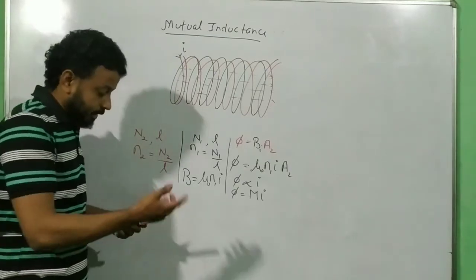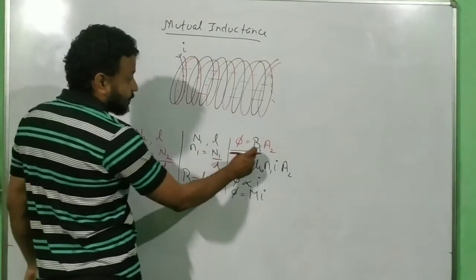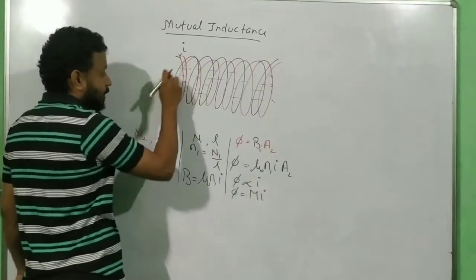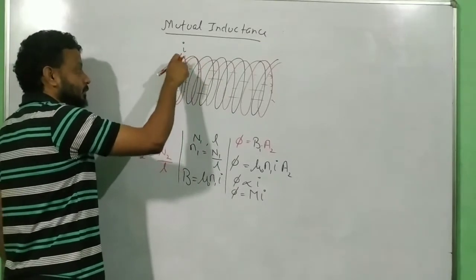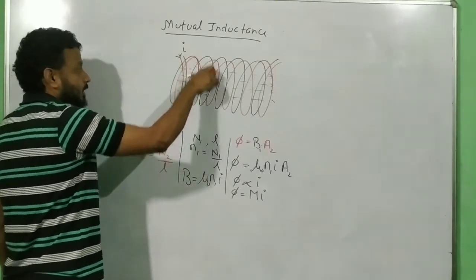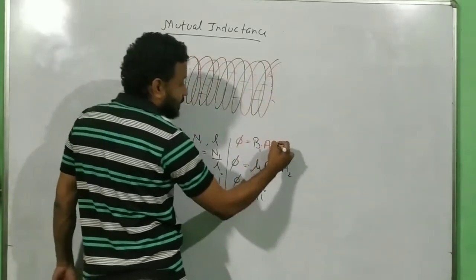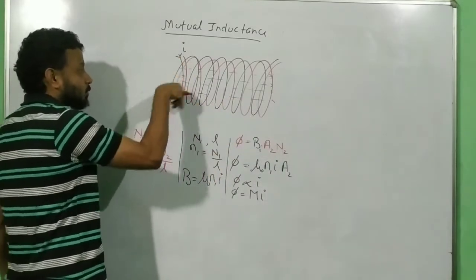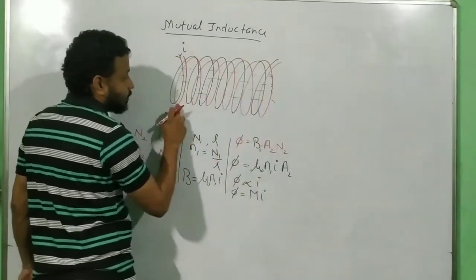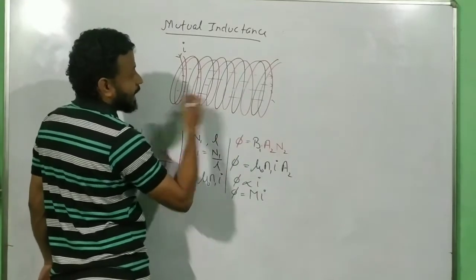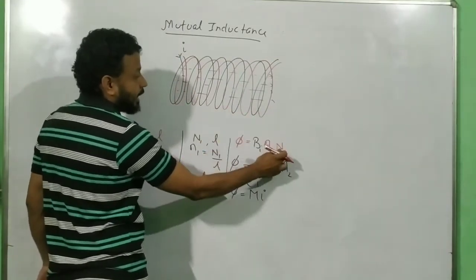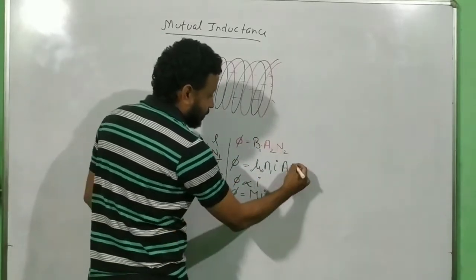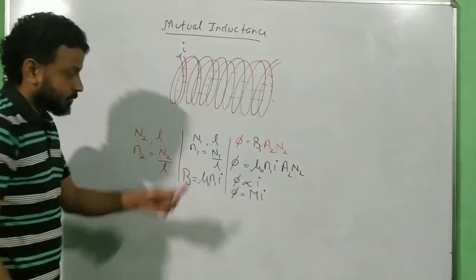Here we have to add one more thing. Now this is the flux through only one area. I am multiplying here with A2. Now how many such areas are available? This is A2, there is another A2, there is another A2. So I have to just multiply here with N2, the total number of turns. If there is one area, two areas, three areas, just multiply by how many areas there are: 1, 2, 3, 4, 5, 6. In the diagram which I have drawn, I have 6 turns, so the number of turns is 6. I will write it as N2, in one color only, because that is very important.